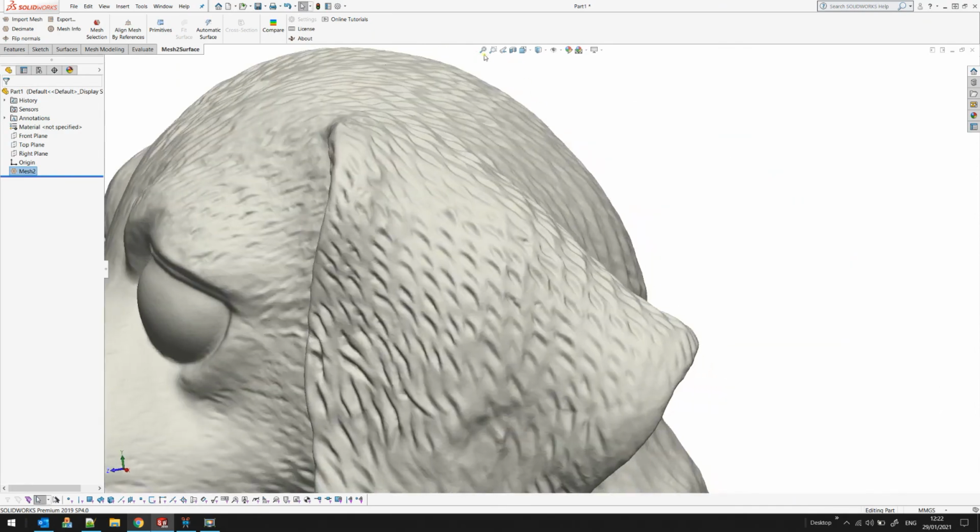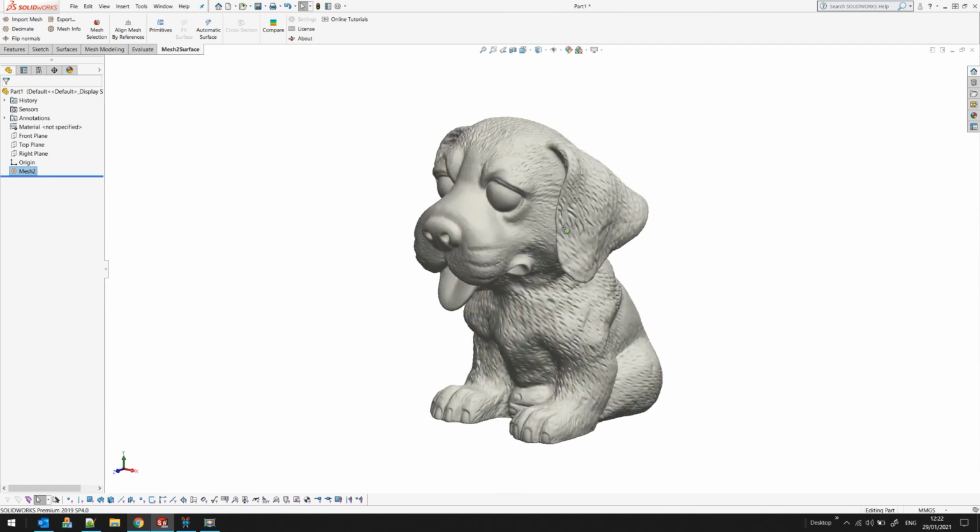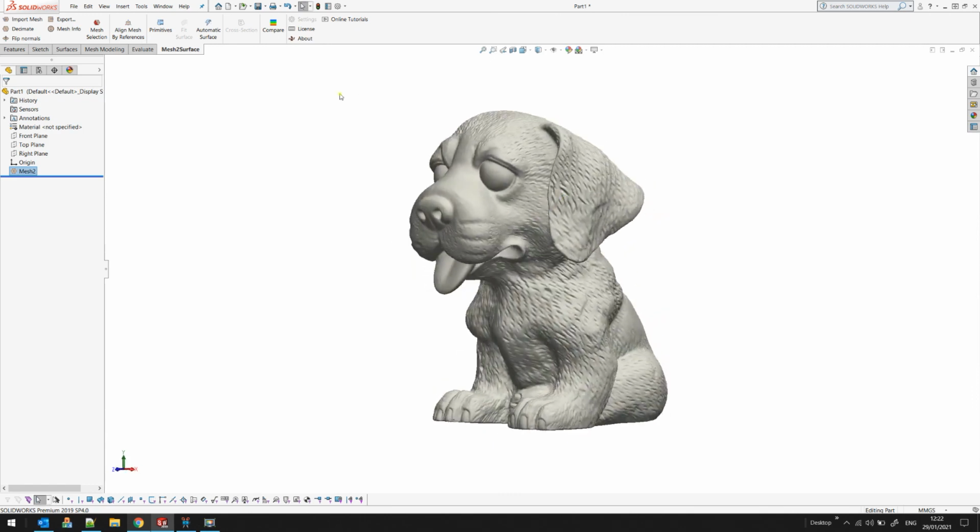Now we have another mesh which is very close to the original one, but it's much easier to manipulate, much easier to apply to different operations such as slicing that you'll see in our next tools, etc. You can export the resulting mesh as an STL file format. So you can use this functionality just to reduce the number of triangles and make it suitable for manipulation even in other applications.